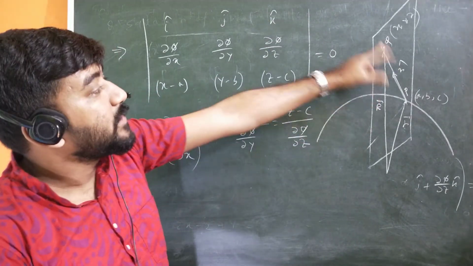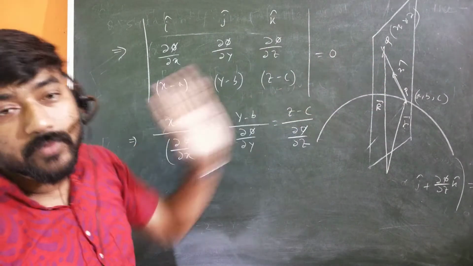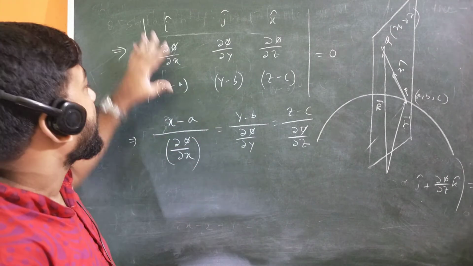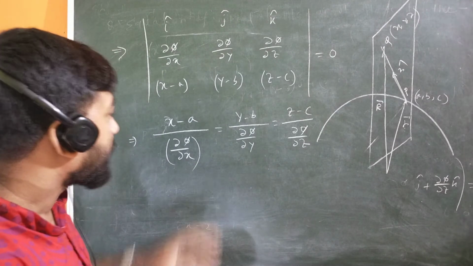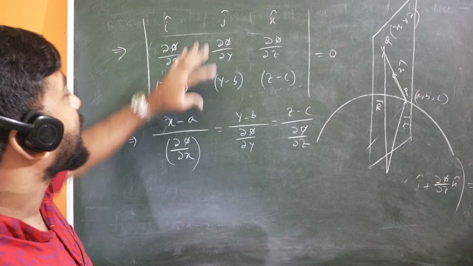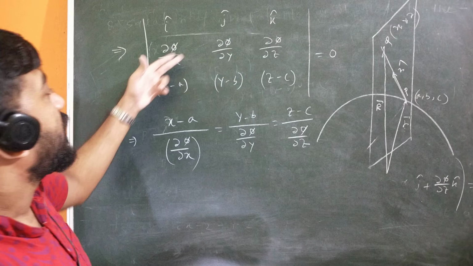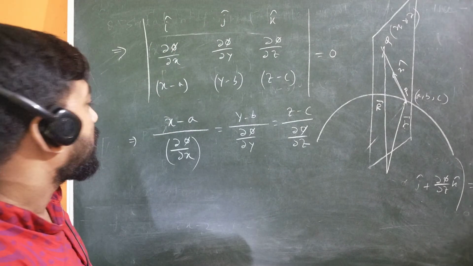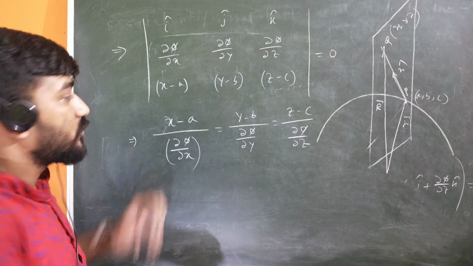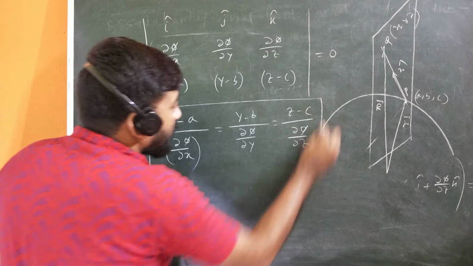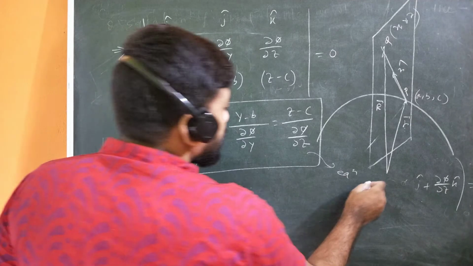So as PQ and n cap are in the same direction, we have to use the cross product of these two vectors, and the cross product of these two vectors is 0. And you can find out by this cross product from this relation that this will be your final answer. You can easily solve this determinant, and it does not matter if you write x minus a, y minus b, z minus c first, or del phi del x, del phi del y, del phi del z first, because all the equal signs are there. So you will get this kind of thing. You have to remember these two things. This will be the equation of normal, so you will get the result automatically very quickly.